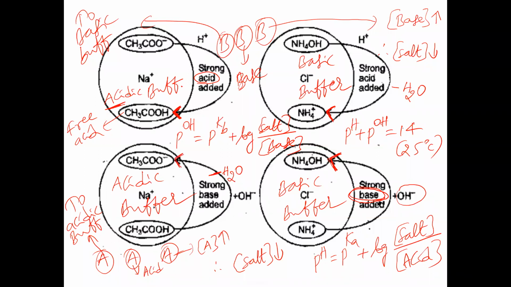So check the head of the arrow mark. What is forming here? The conjugate base CH3COO minus is forming. This conjugate base comes from the salt. That means when the CH3COO minus concentration is increasing, the salt concentration is increasing. When the salt concentration increases, the acid concentration decreases because acid is converted into salt. So always take a rough diagram and then you can understand. Please note it down. Take the screenshot.